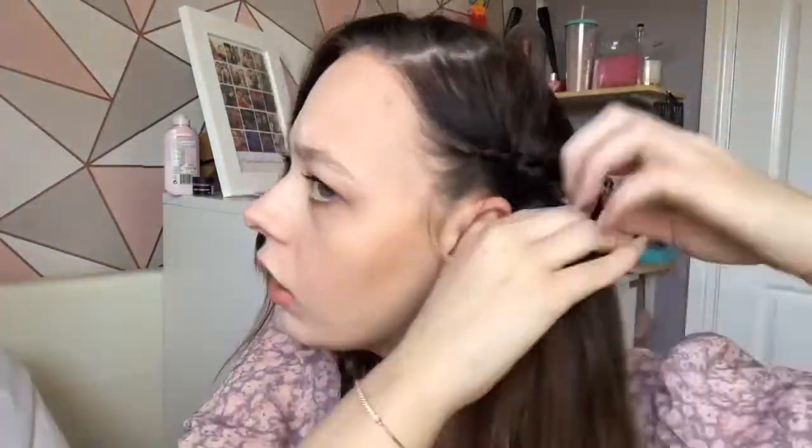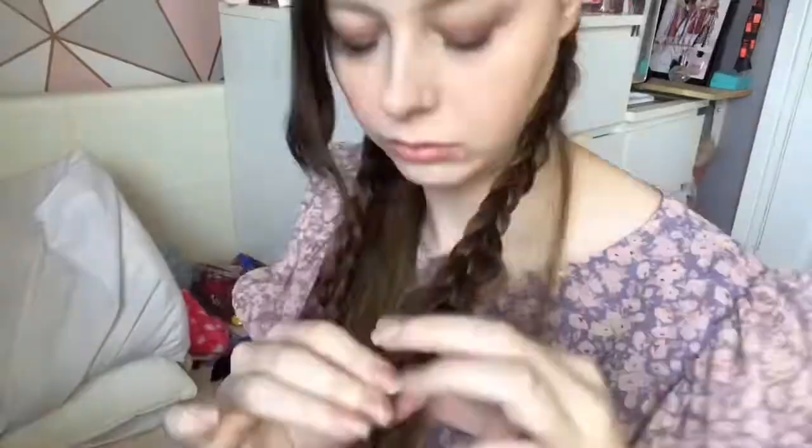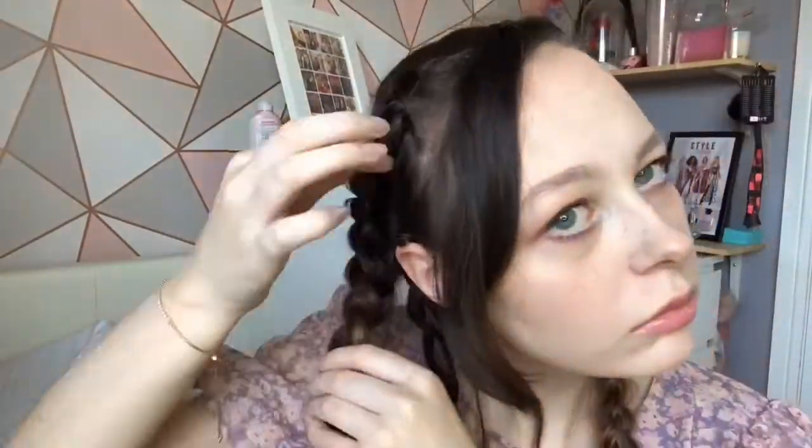And then we're going to do the same to this section here. I'm just going to loosely tie this one because it's going to go in a ponytail at the back anyway. And then I'm just going to do the same to this side too. Okay, so whatever's not braided, I'm going to tie in a low ponytail at the back. I don't know if I can show you properly, but...